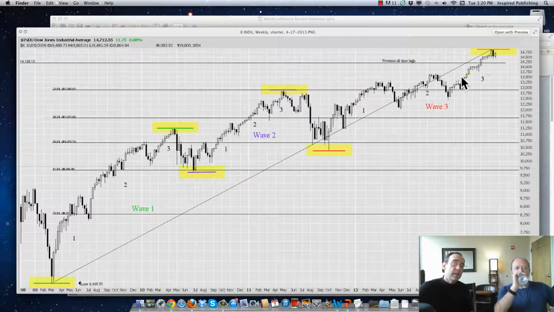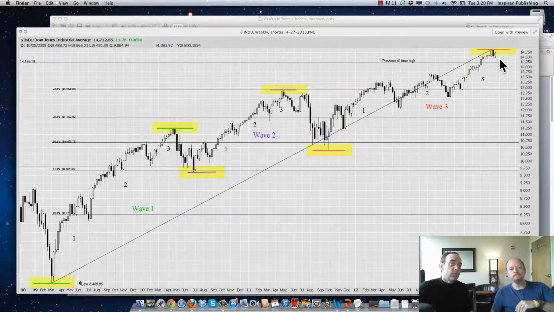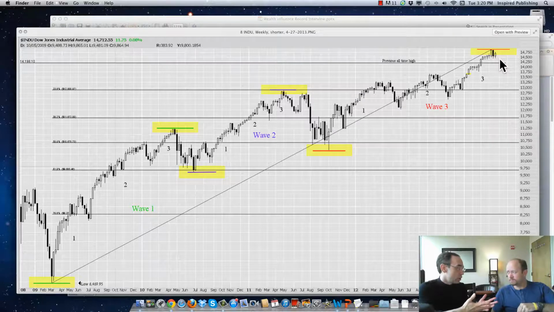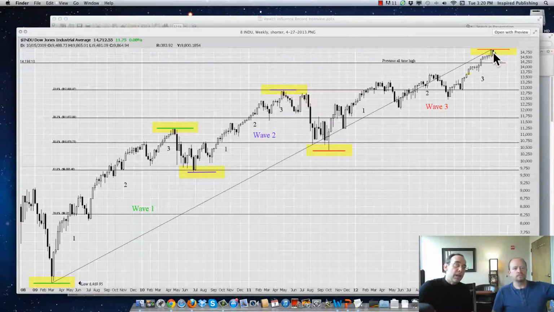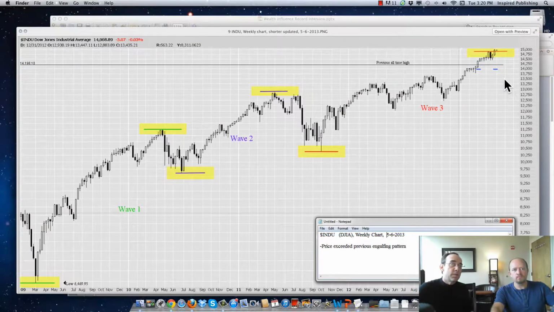And you can see here, the thing we pointed out on that last video, something that was potentially an additional bias for the price moving south, along with the Head and Shoulders that was forming, was that we had a bearish engulfing pattern. I just want to point that out, we showed that, but I want to show it again now on an updated chart where, after that engulfing pattern, the price has again moved on north of that.